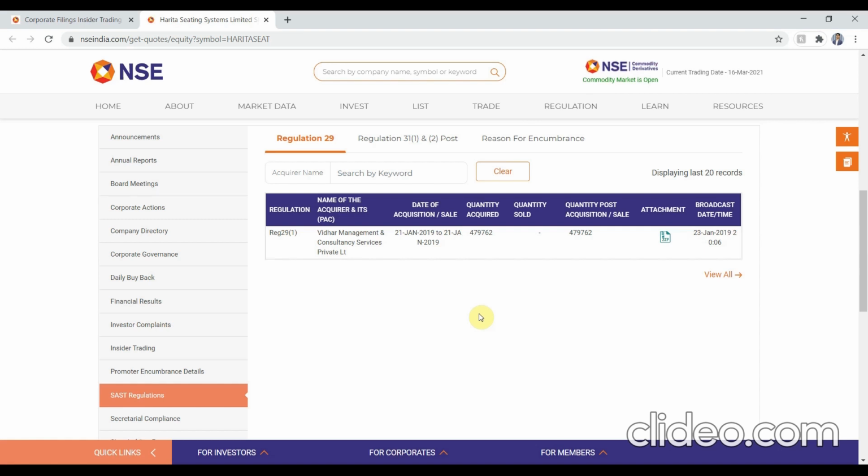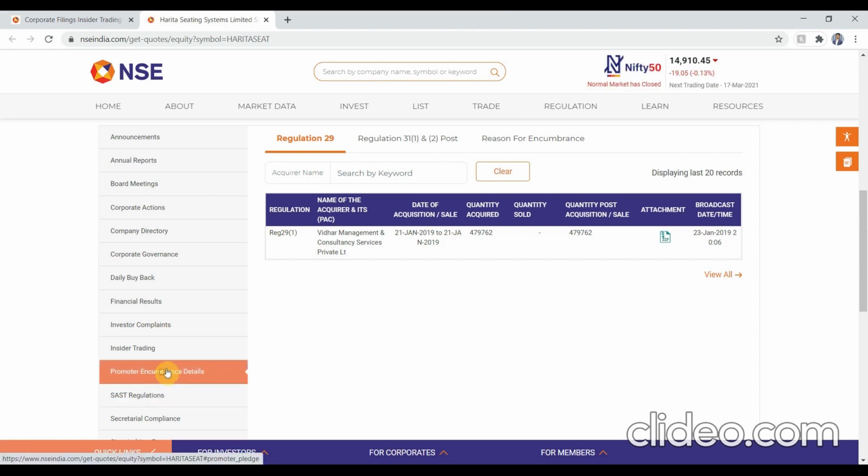It is possible, but it's not a very easy process for us to find out those sales which are not reported to the NSE. So for our analysis, it's best if we stick to the data that is publicly available on the NSE's website. Okay, so it passed the SAST regulation filter.